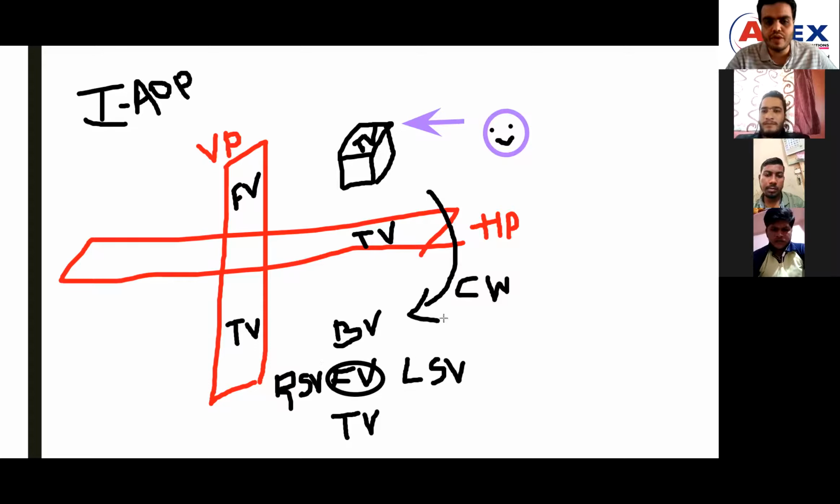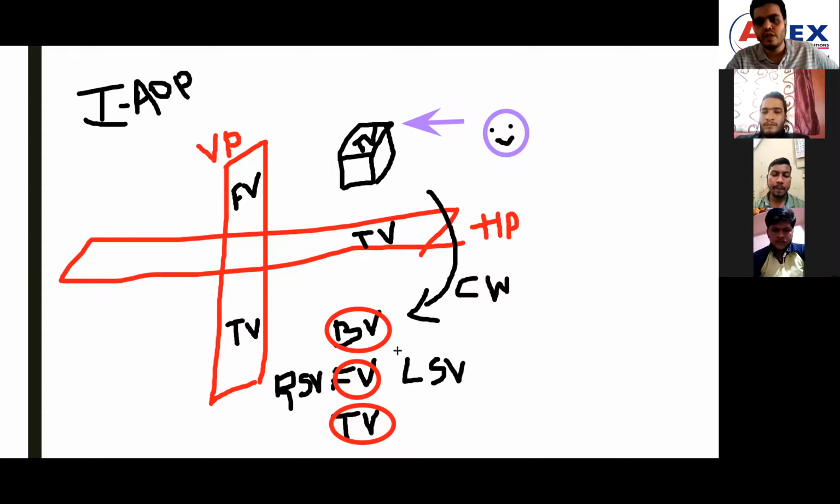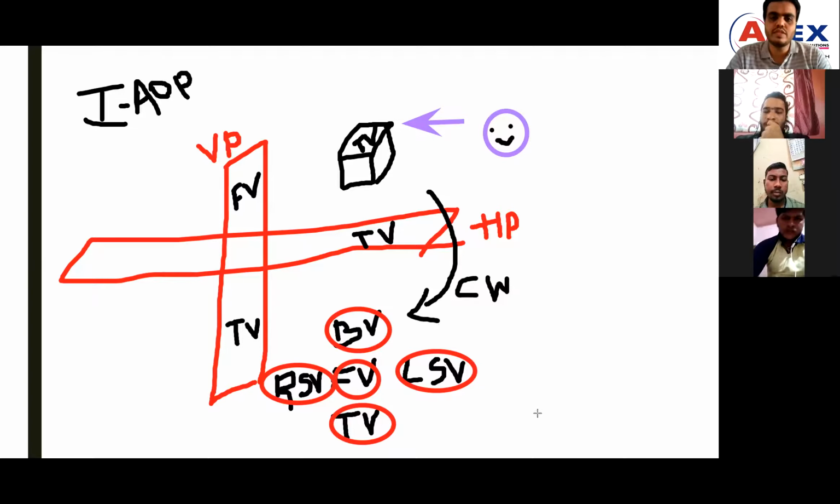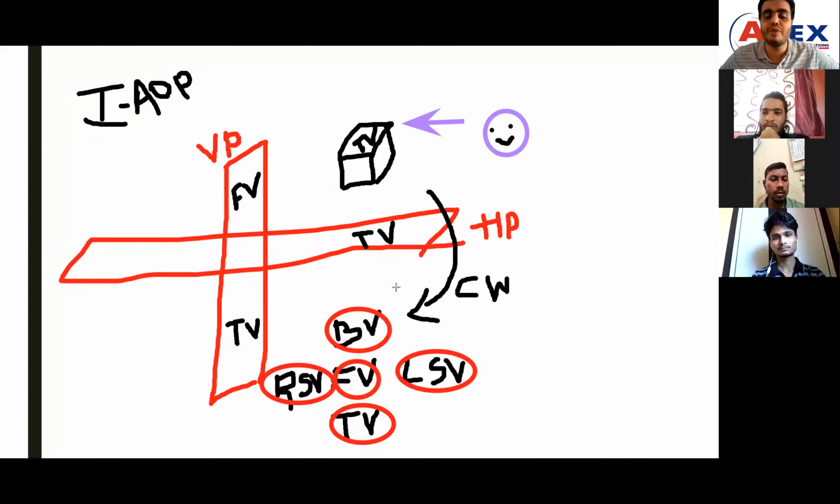See, front view. With respect to the front view, the top view will be in the bottom side, the bottom view will be in the top side, the right side view will become the left side view and the left side view will become the right side view. Any doubts? No, sir. Okay. If the interviewer asks you what first angle of projection means, in first angle of projection, the object is placed in the first quadrant and the object is placed in between the plane and the observer. Okay, that is the first point.